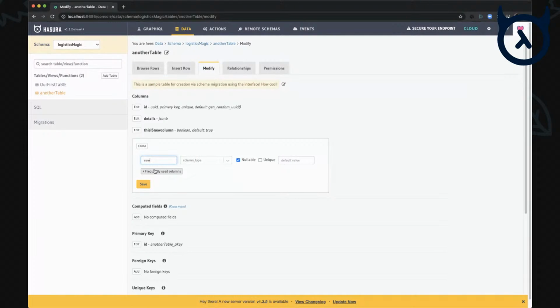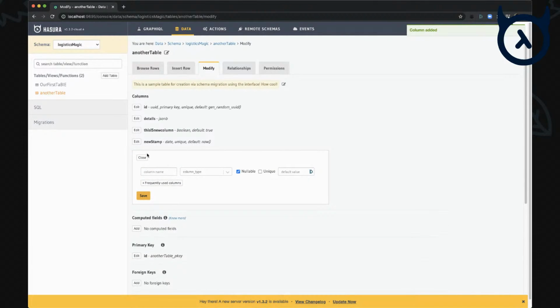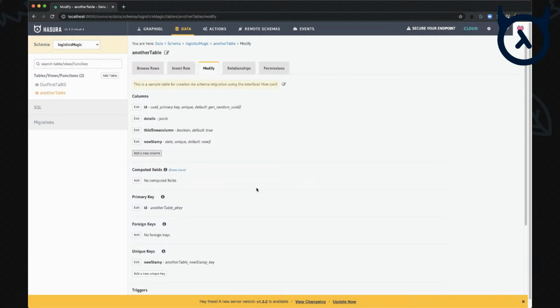And I'm just going to create a new field called new stamp and actually put in the date. And then we'll put in the now function again, not nullable. And it will be unique. We'll add the index to that because it's a small enough field. It kind of makes sense to index it in a way. I'm sure we could do some cool database tricks with it. So all of those,